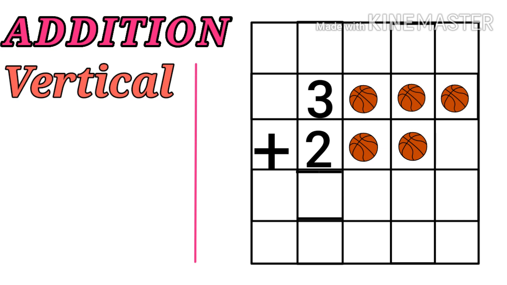Children, now we will find how many total number of balls we have all together. Children, let's count with me. 1, 2, 3. Follow the forward counting. 4, 5. So here we have total number of 5 balls. Children, our answer is number 5. Here in this box, we will write number 5.